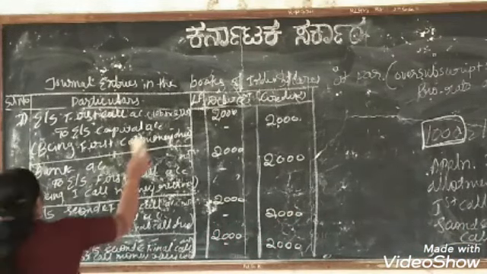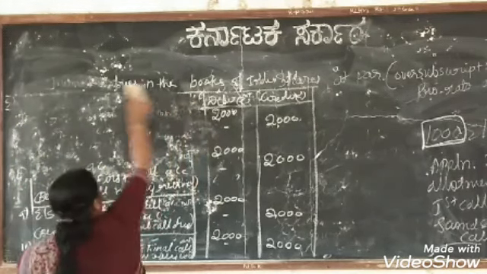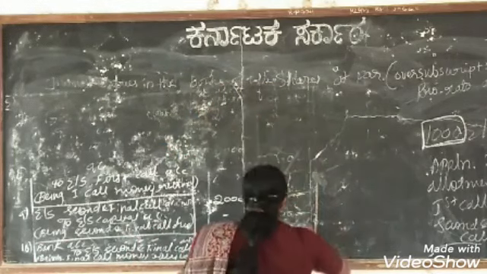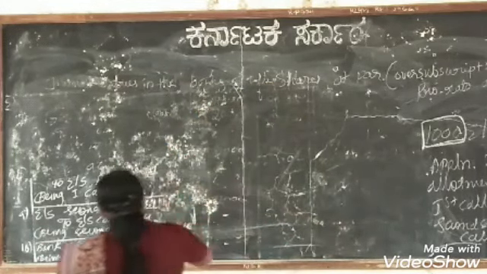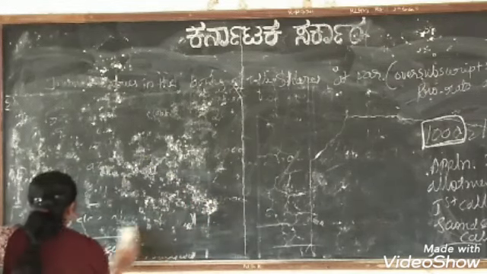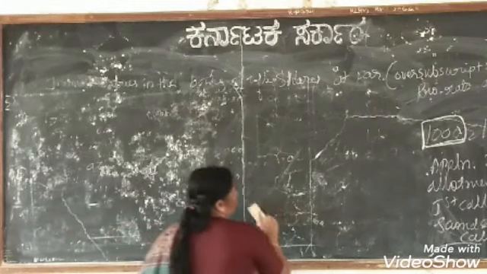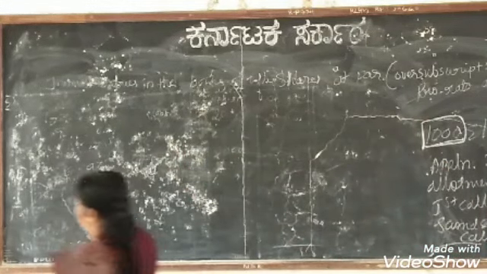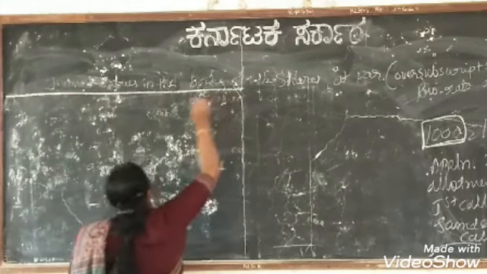Now we will do some ledgers, how they appear in the ledgers. Just remember which ledgers we have to open, at a time we can open the ledgers. First we have to open the bank account, because in the bank account several transactions are there. All transactions are going to be written. First you open the bank account.